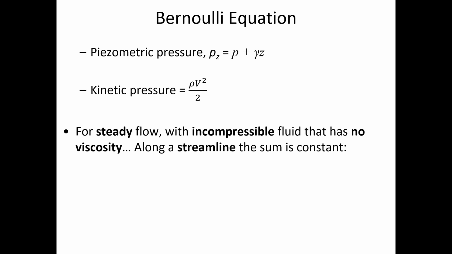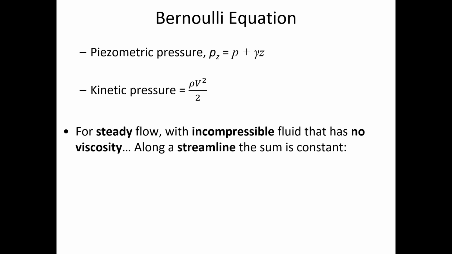Maybe we would want to apply Bernoulli's equation starting here. If this was our location 1, then we couldn't use Bernoulli's equation to find out what the pressure and velocity are down here, because that's on a different streamline. So we would have to choose the same streamline in order to identify our location 2. And what we ordinarily do in practice is we use the center of the pipe,